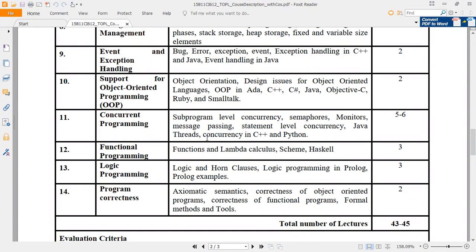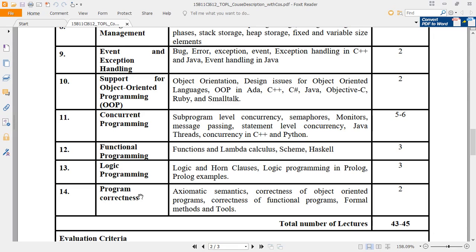So we have covered the T3 part, that is concurrent programming, subprogram level concurrency, semaphores, monitors, message passing, statement level concurrency, Java threads, concurrency in C++ and Python. Next is functional programming. We have seen Scheme programming and basics of functional programming languages. Logic programming: logic and Horn clauses, logic programming in Prolog, and some Prolog examples also we have seen.